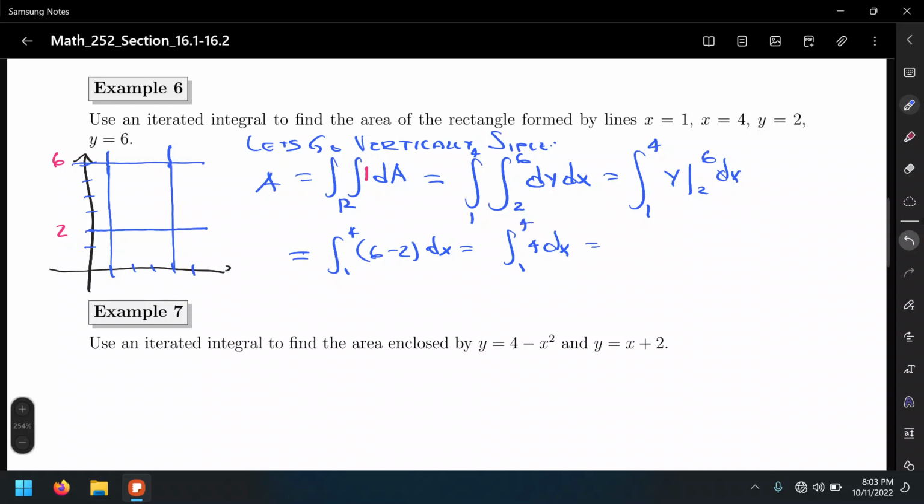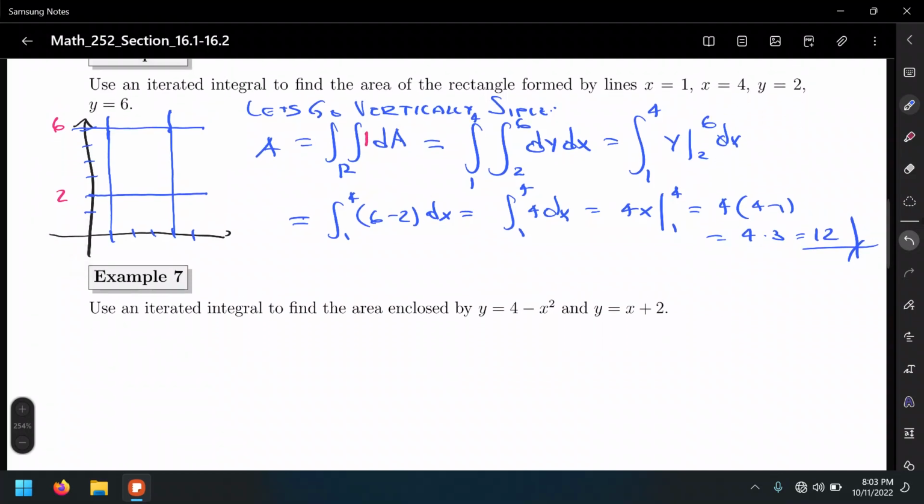Integrating 4 dx, isn't that just going to be 4x from 1 to 4? And 4 times 4 minus 1, which is 4 times 3, which equals 12, as expected. I know we could have just used the length times width formula. Yeah, 4 times 3, that's 12. But now it's important to look at this example so we can see what's going to happen for the next